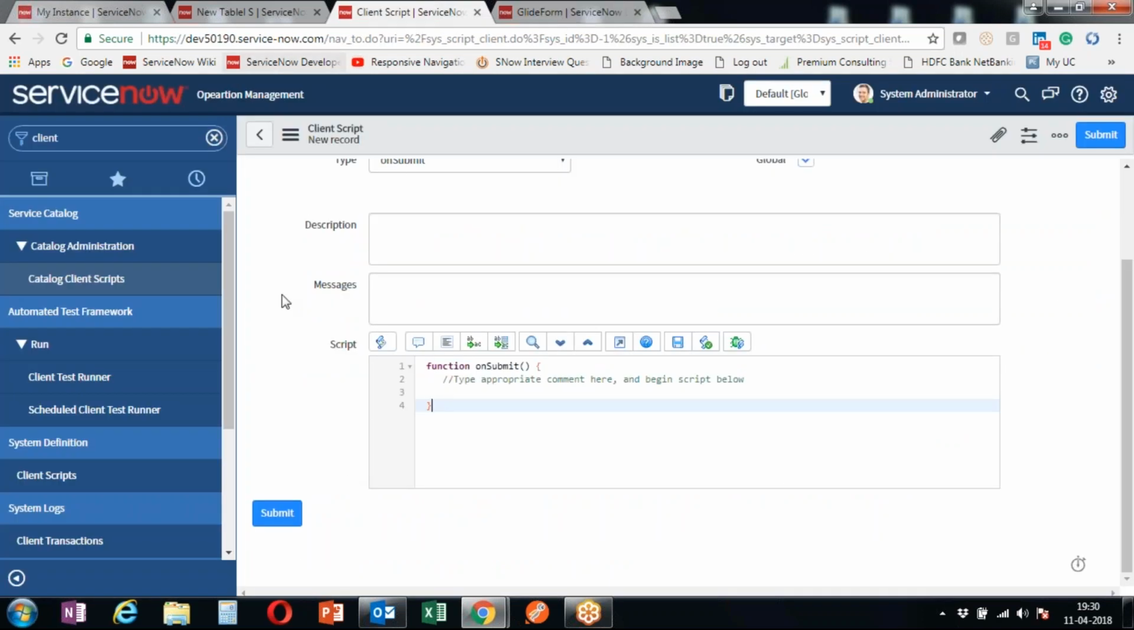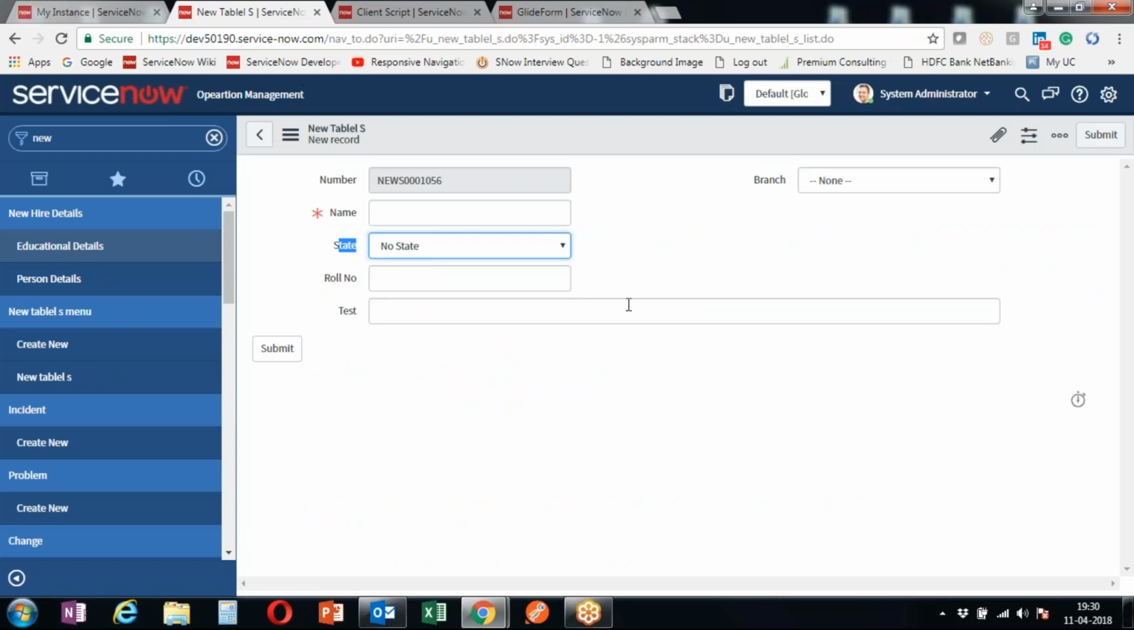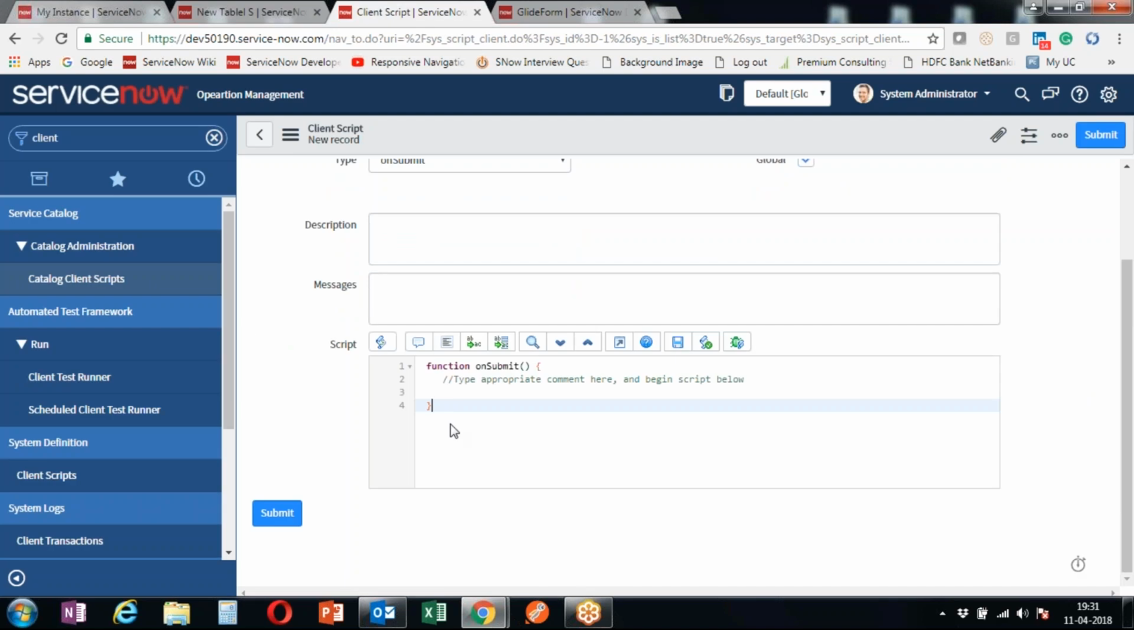Okay, fine. So what is our scenario? Whenever the state is no state and the user is submitting, at that time it should get a confirmation message, not the alert message. Alert message is different, where the users can just have a look over that. This will make you do the action, yeah, confirmation message. So now let us create a client script for that,